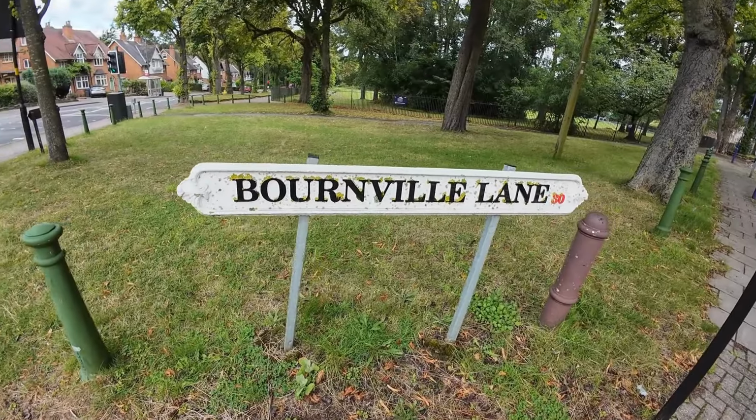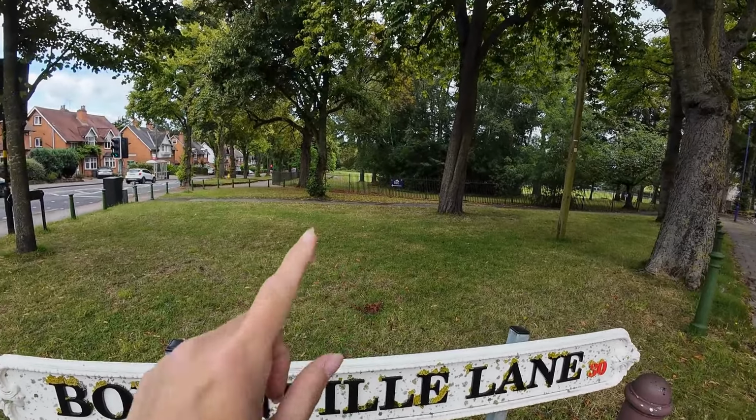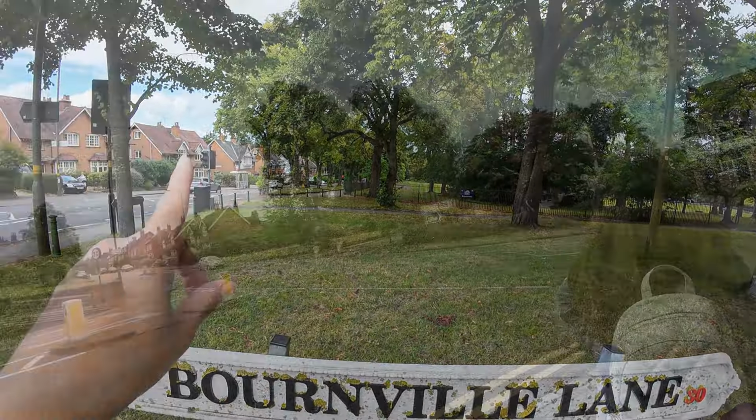So we've come to Bournville Lane, and there's a sign just there in the background, Cadbury World is that way. We were thinking we were getting a little bit lost, but fear not, we're not. I mean, obviously we're just two normal people finding somewhere for the very first time, and obviously you've always got Google Maps, which is what we looked at as well. But this is Linden Road,